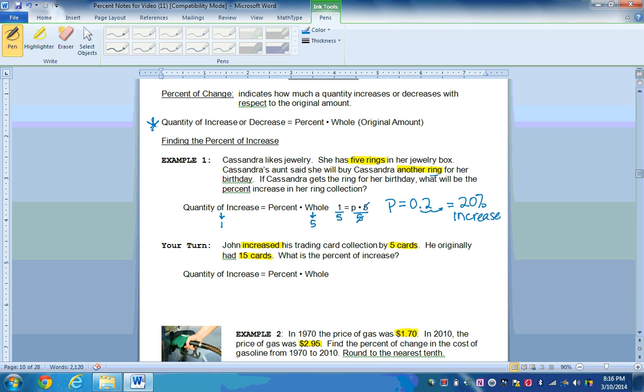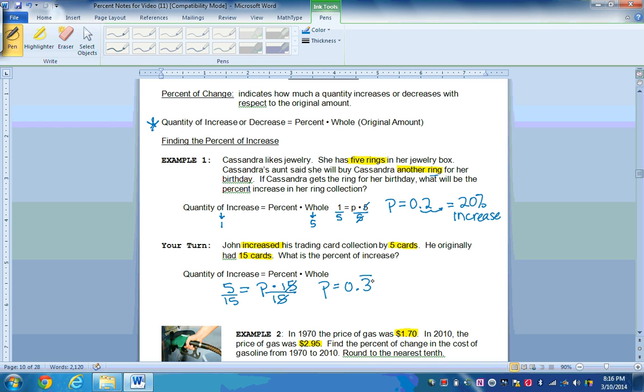All right, let's see how you did here. The quantity of increase, how much did his collection go up by? Well, up in the question it said it went up by 5 cards. So that's 5 is equal to the percent, we'll call P, times the whole. What did he start with? He started with 15 cards. So if we go ahead and solve for P, we divide both sides by 15. These cancel out. 5 divided by 15, P is going to equal